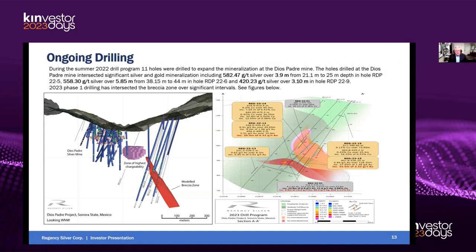transition zone, because there is still a fair bit of gold in the drilling that we did around the Dios Padre silver mine. So the Dios Padre silver mine is actually still a very live story for gold and silver. So gold and silver up top, same mineralization, same breccia as we have down deep. So it looks like the two are connected. They've just been displaced by a fault. So instead of going down from the silver mine, now we're going to go up from